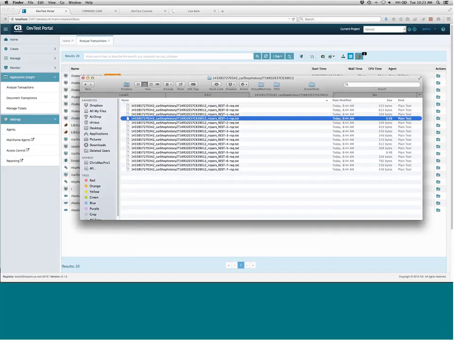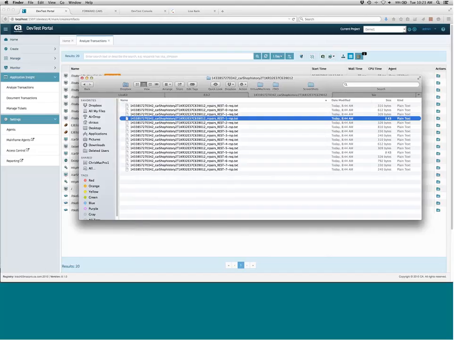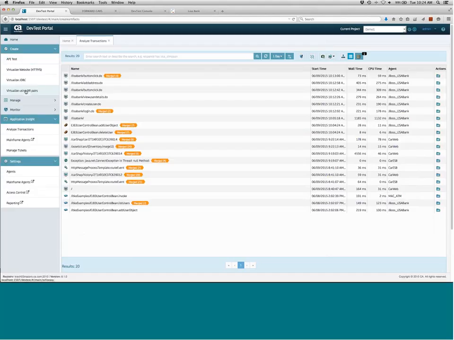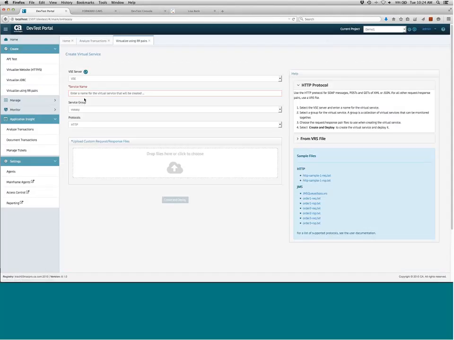So why would I want to create my virtual service from these raw samples versus just putting them onto the shelf and then clicking create transactions and create baselines? Well, there's one thing that we can do when we have the raw files. When we come in, we can actually use the virtualize from RR pairs, and the one thing that it will do for us